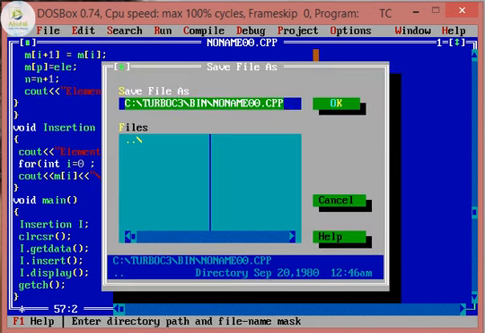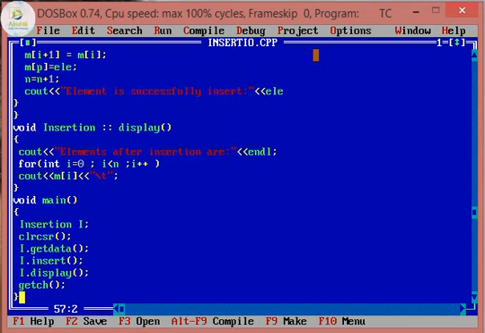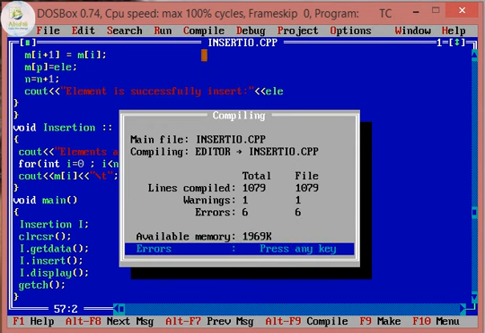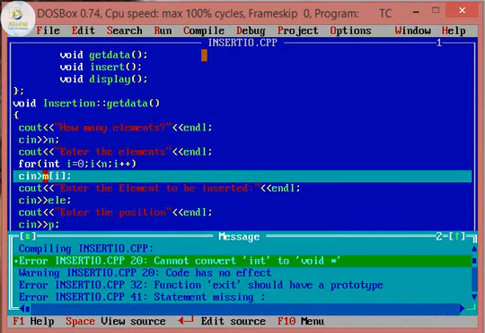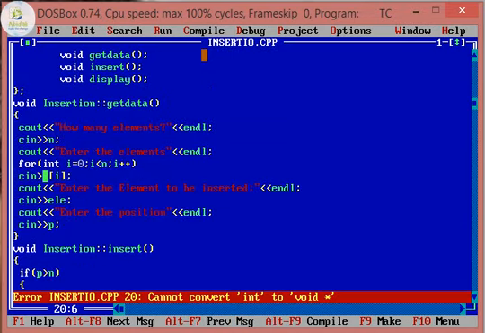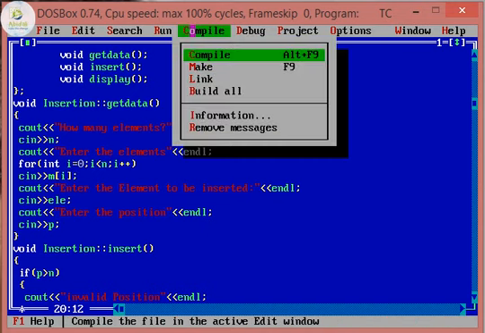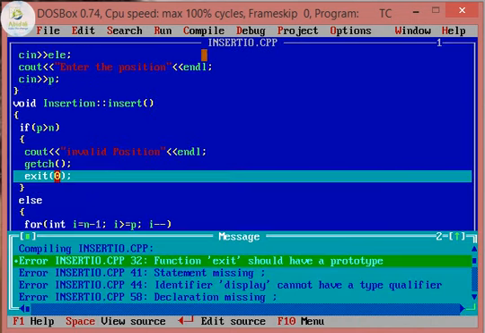Let us save the program with the name of the class dot cpp, and let us compile the program. We have found 6 errors. Let us debug it, very good, so that we get the practice. See, the cin is wrong over here. I need to insert another one. M is the name of the array and I is the element to be inserted. Next compile, you will see 5 errors.